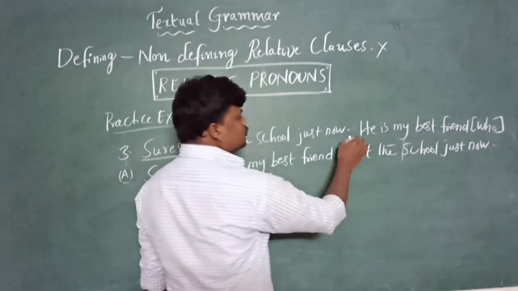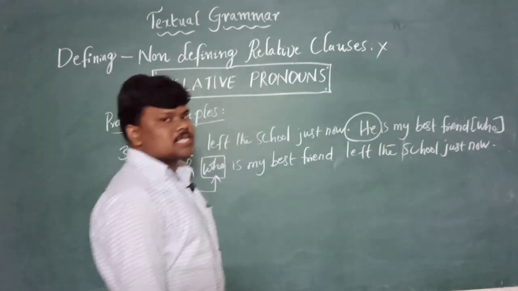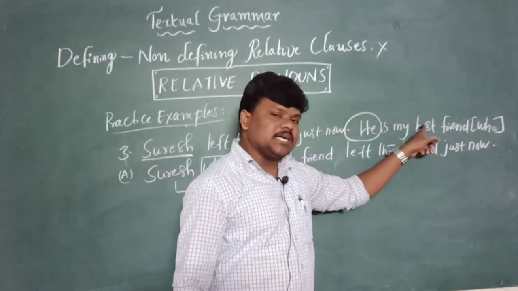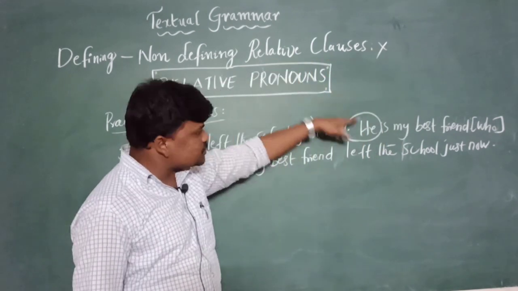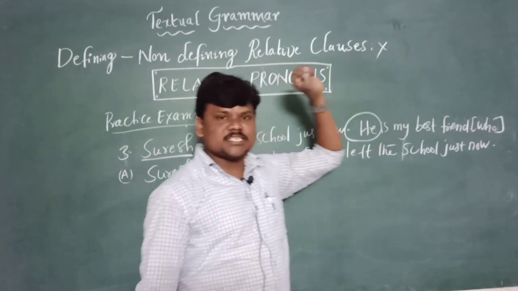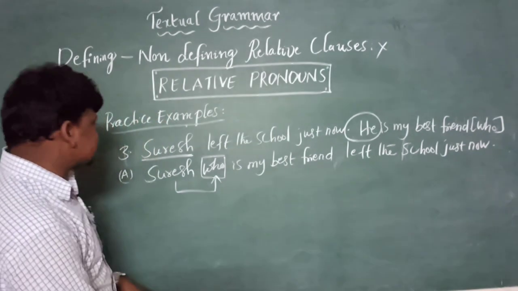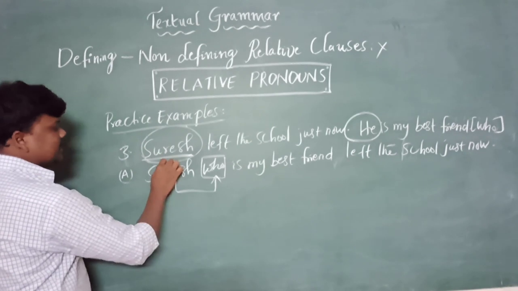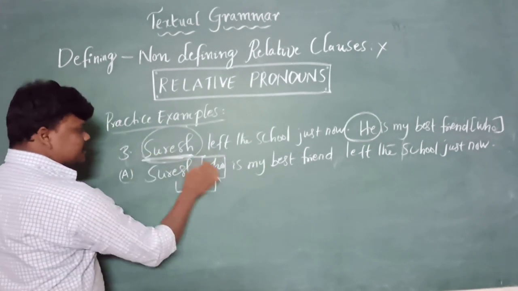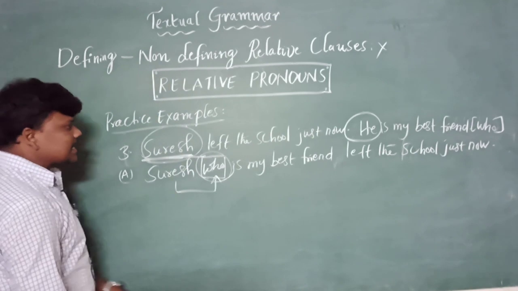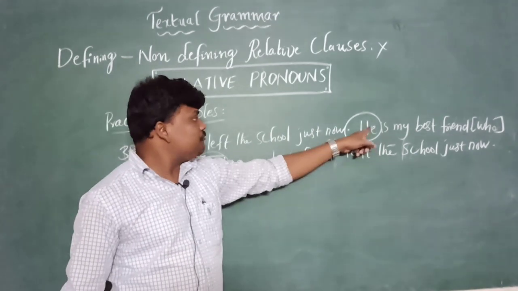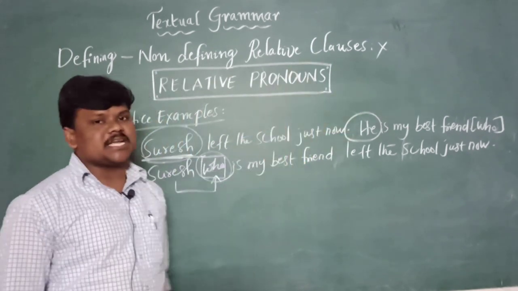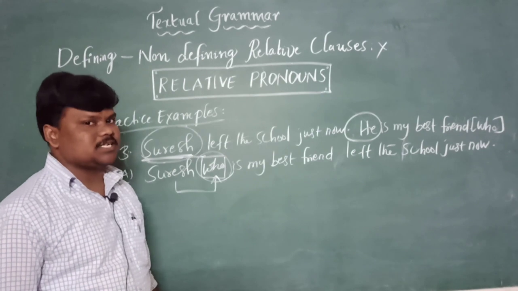See, who immediately follows after the person. The second sentence pronoun should be removed immediately. Sometimes this pronoun will be in the starting place, the middle, or the end of the sentence; we never mind. So this is called relative pronouns. We need to identify the person immediately. Better to have an underline. After this person, we need to write who, and in the second sentence, whatever pronoun is very close to that noun, we need to remove it and write the same sentence as usual, keeping a comma at the end of the sentences, right dear?